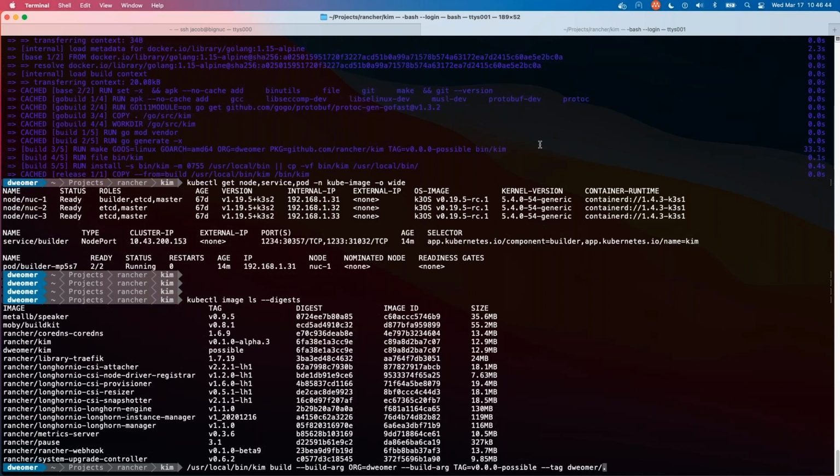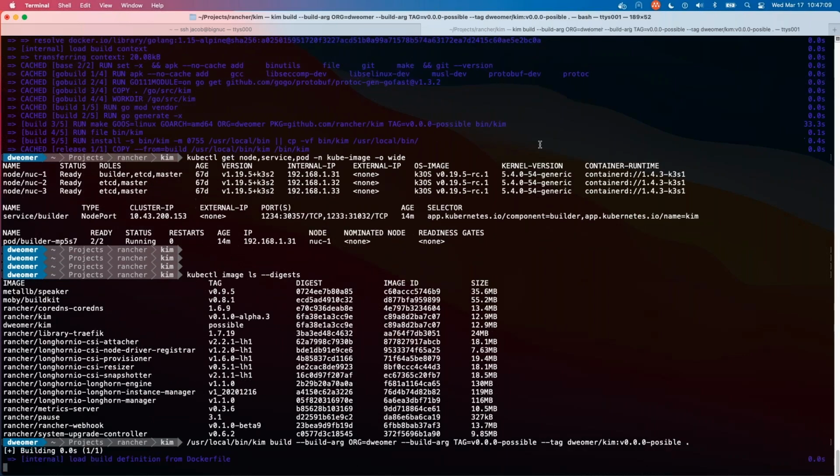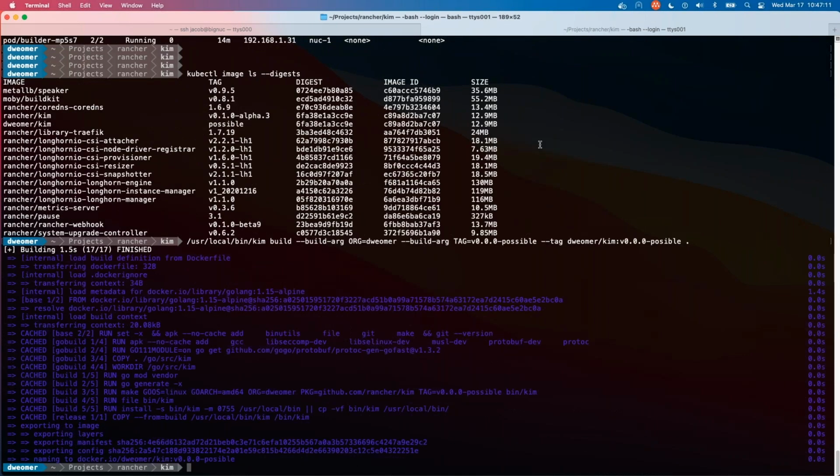So let's do that. And so this is an unfortunate duplication. And again, the makefile takes care of this for you when you build Kim. But if you're doing anything like this where you need to inject the version, you need to make your tag flag match your actual tag that you're building with, right? So let's do 0. So now that will just build super duper quickly, or at least it should, because the build cache